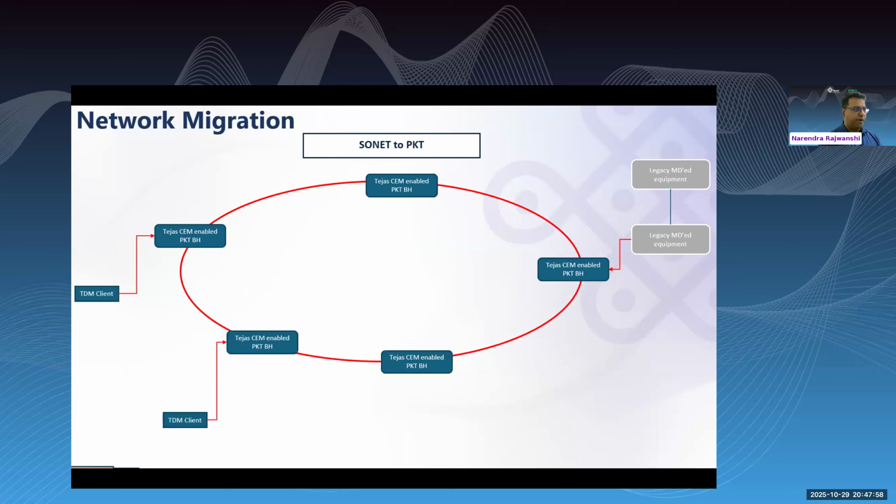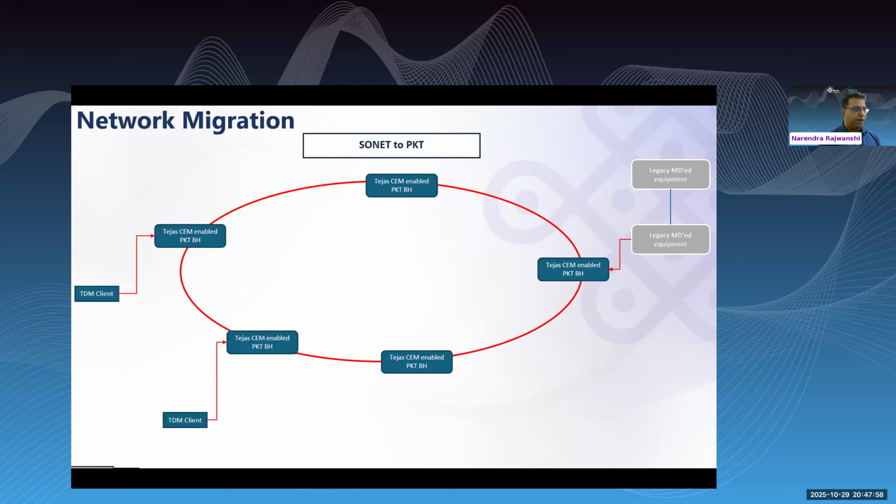The other approach for migration is much faster and inexpensive. We can start off with any two nodes on the network and hook them up onto the IP MPLS cloud, assuming the IP MPLS is available at those two locations, and then migrate the services off to this new platform.